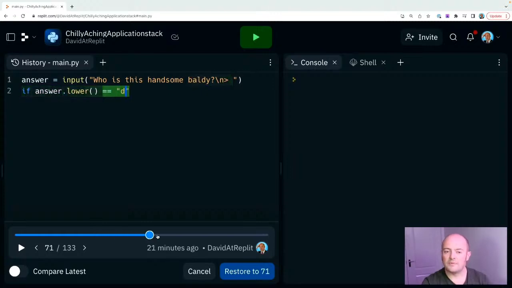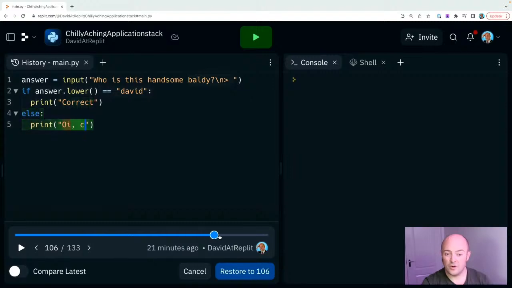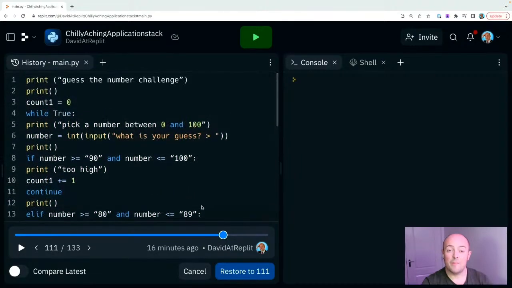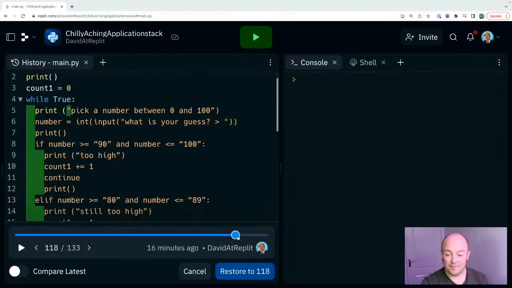But watch what happens when we copy and paste in all that code from the previous question. So there it was being typed. Boom. The code comes in one big chunk because it was one keystroke to do. That's how you tell if a user's been copying and pasting code into their REPL.